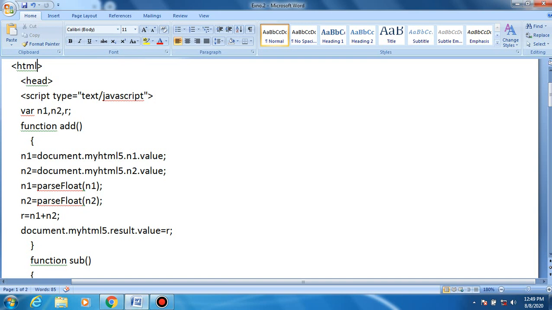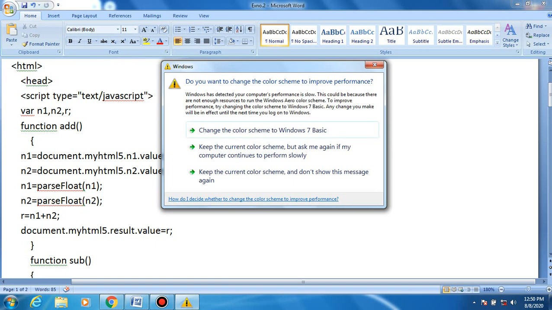Every function begins with an opening brace and is closed with a closing brace. The add function uses brackets, and here we defined the values n1, n2 and r equal to n1 plus n2. So this is what it has to do.